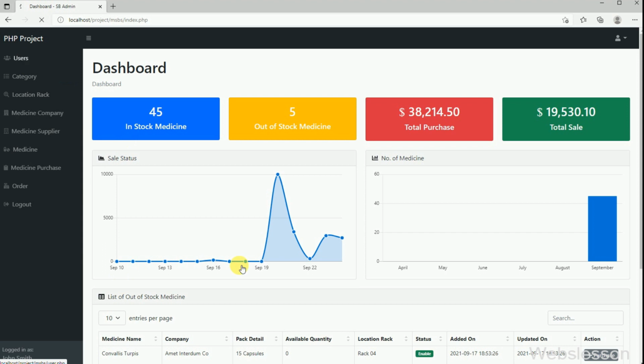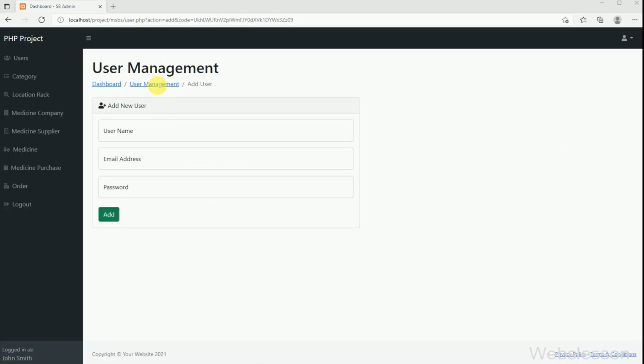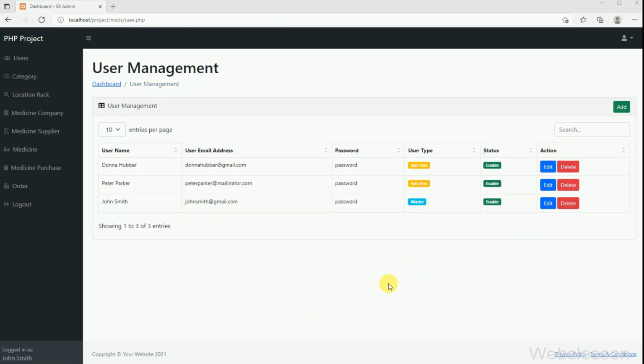First, we have clicked on the users link, so here we can see that the user management page has been loaded, and here the user can create a new sub-user, who can also use this system. From this page, the master user can also edit existing user details, and block existing user login also. So from this page, the master user can create new users, edit existing user data, and block user login also.